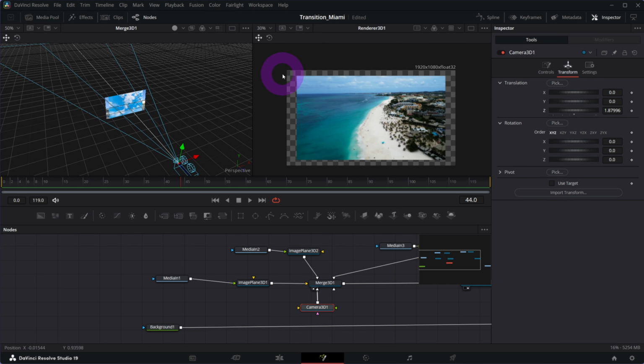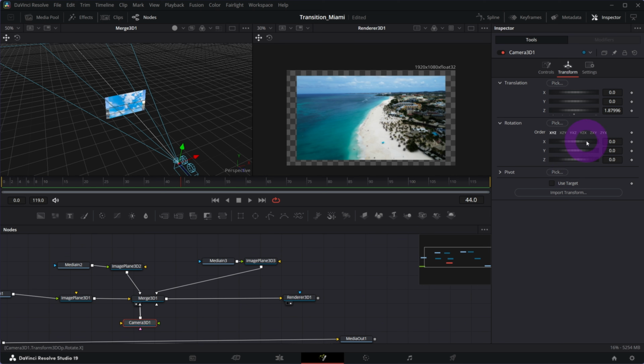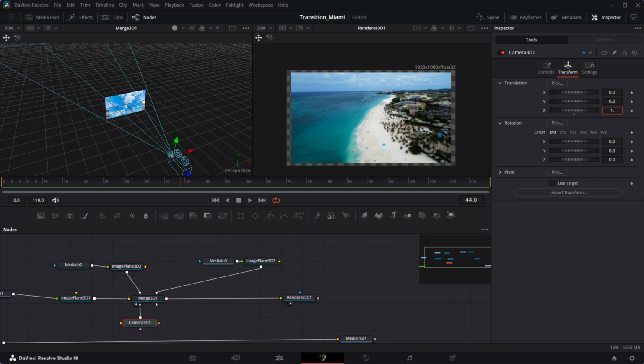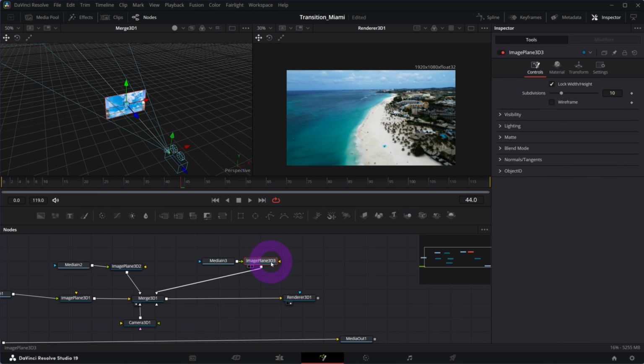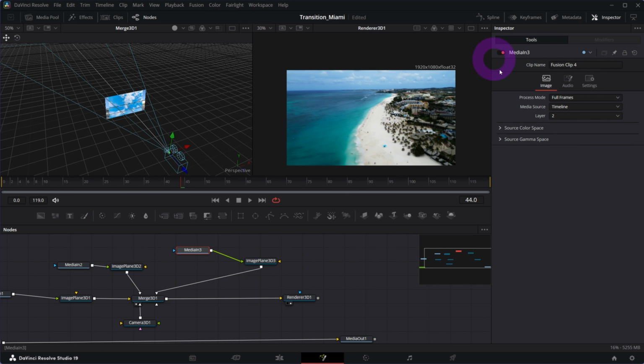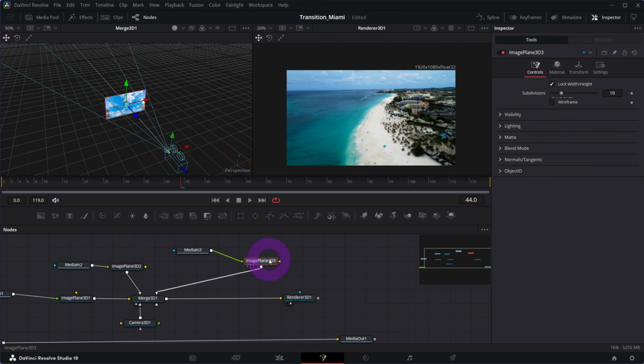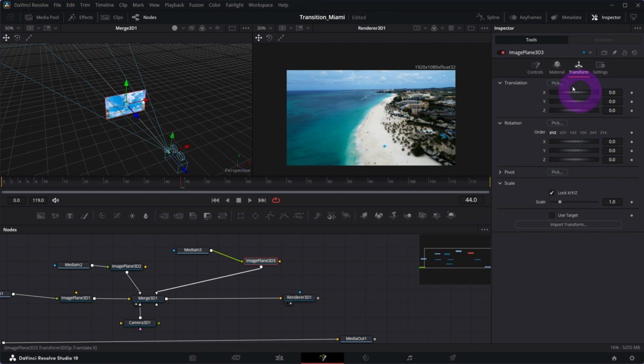That's too much. We need to fill in the whole canvas. So I'm going to tell you that this is 1.655. This is the exact distance the camera should have from your image to fill in the whole canvas. Okay, now go back to the image plane 3D node, and in the inspector under transform in X translation put